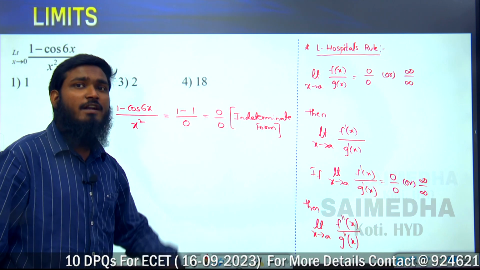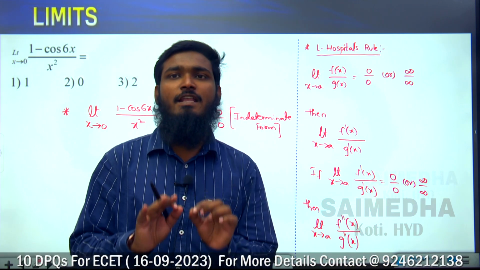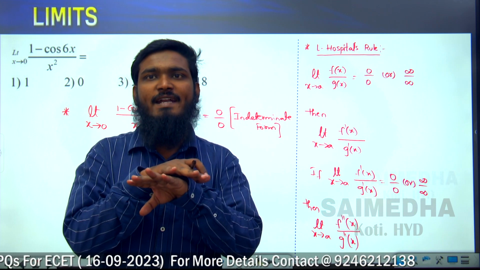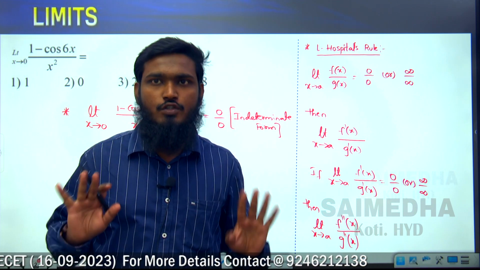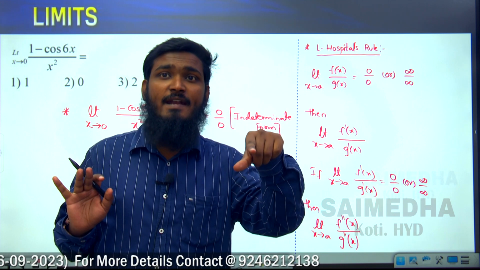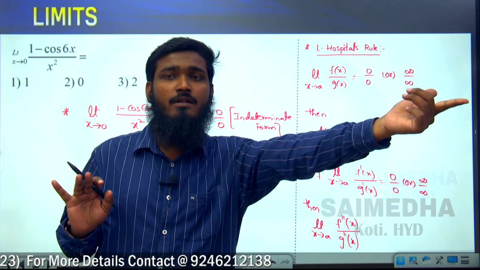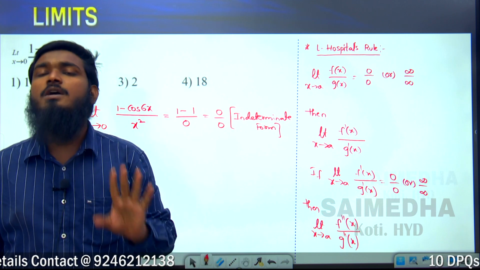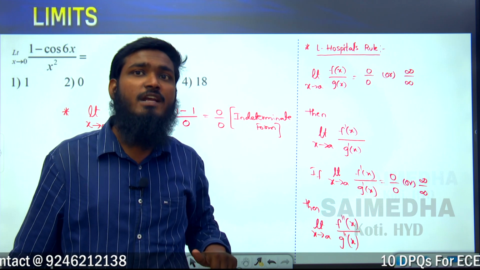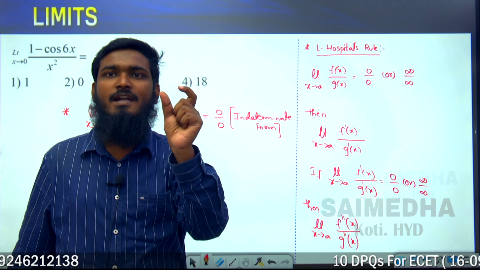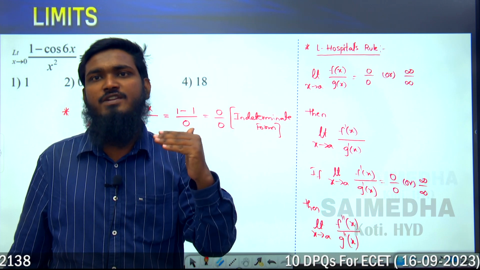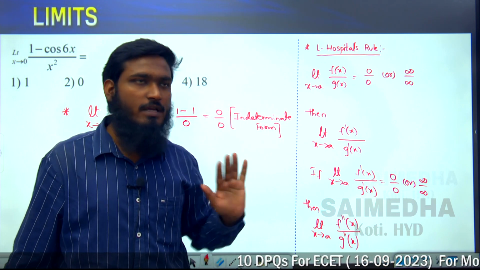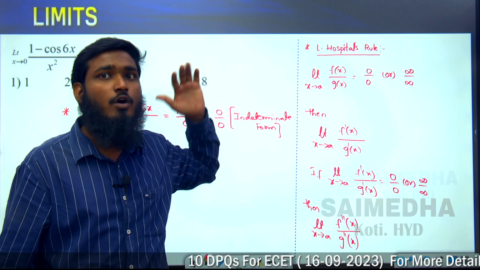So how many times are we differentiating this? Till we get the finite value. Whenever we get the finite value, we have to stop over there. After getting the finite value, if we do one more differentiation, that answer will become wrong. So how many times are we differentiating? Until you get the finite value, that many times we differentiate and substitute the x value. Okay, so this is the best shortcut we have for the topic limits,